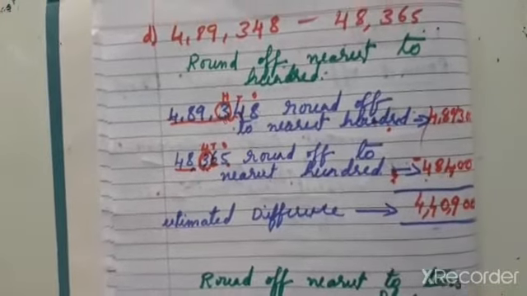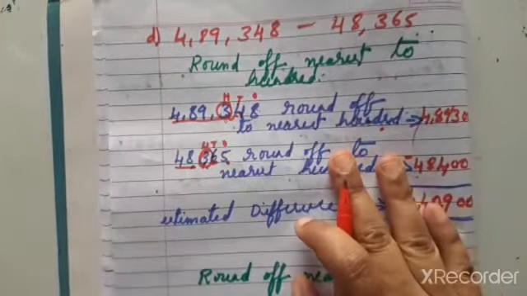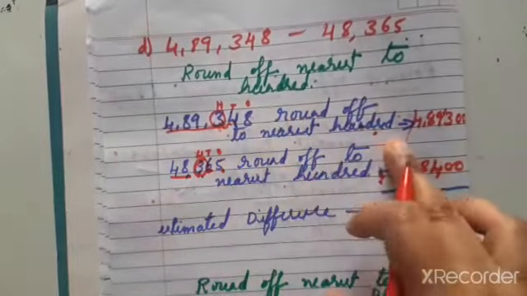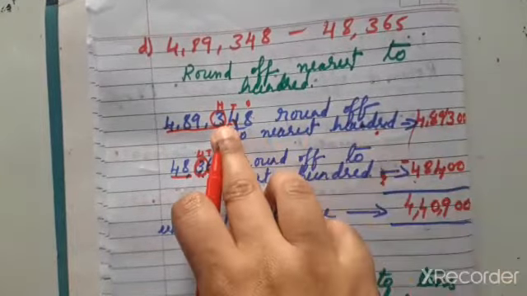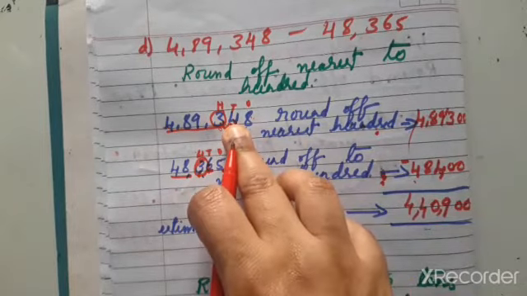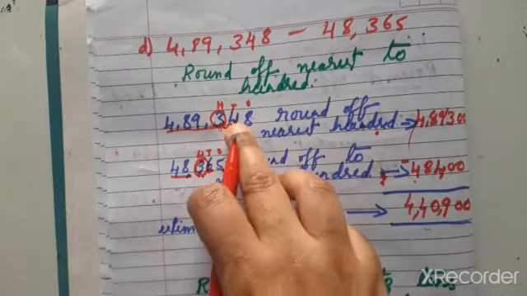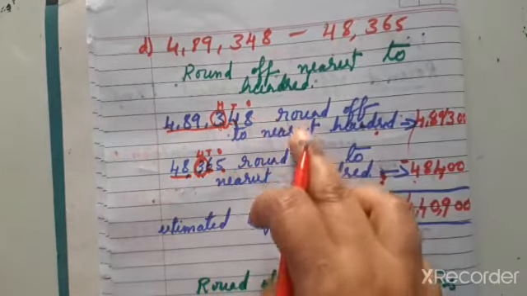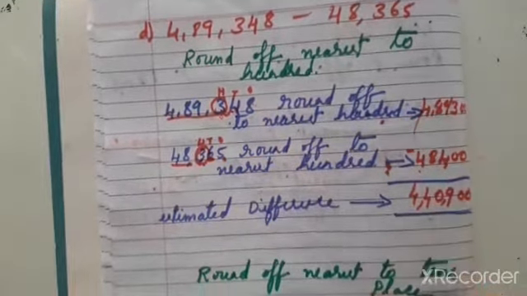Understood, children? One question is homework. C is homework. Do it after your FA1 test. Round off to the nearest 100 place. So you have to round off to the nearest 100 place. And in whichever place we are rounding off, you have to knock the door. If 5 or more than 5, he can help. These numbers remain the same. The helper becomes 0, 0. Okay. Then add the difference.